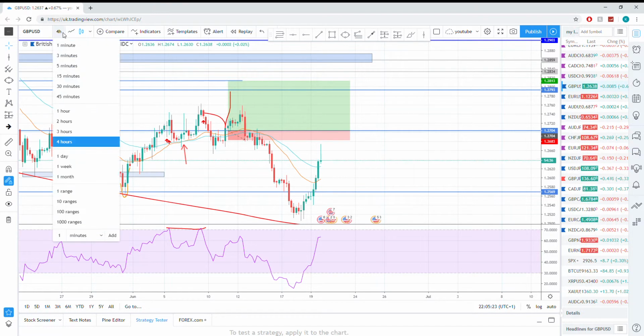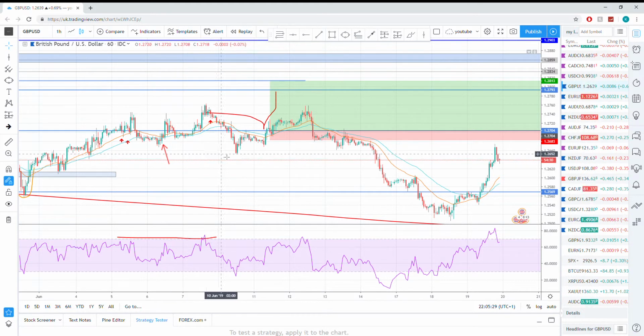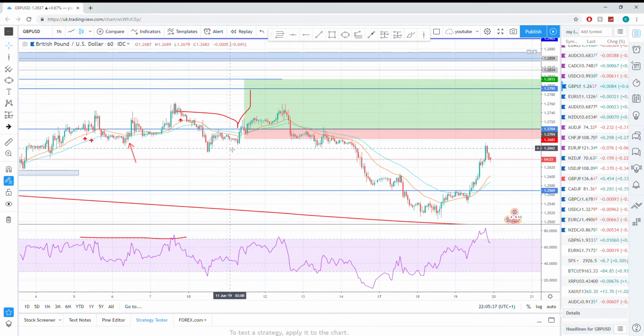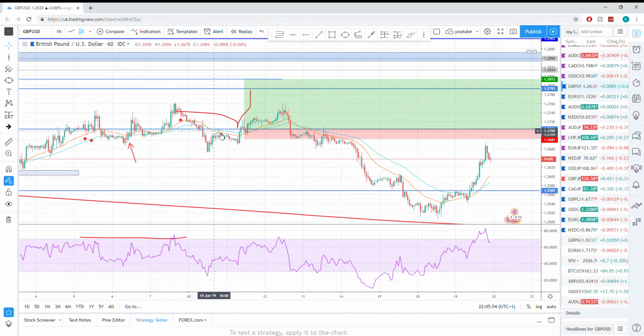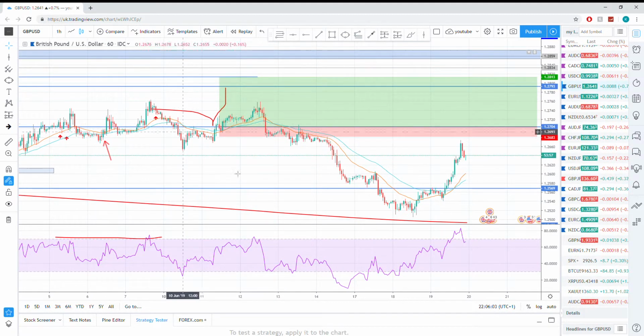So let me show you what actually happened on the hourly. I believe it was around here. We got the initial push downwards, but we failed to get the correct pin bar or price action to send us downwards. We had the overselling here, so that we basically took upwards, and we had the selling EMA, but there were not enough confluences to send us down until we got a double test on this